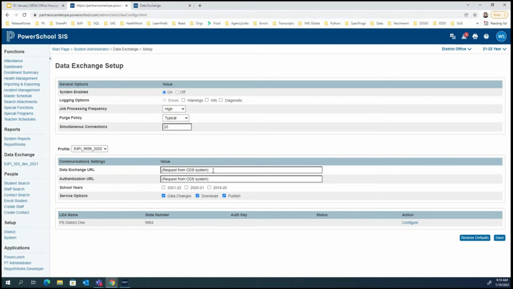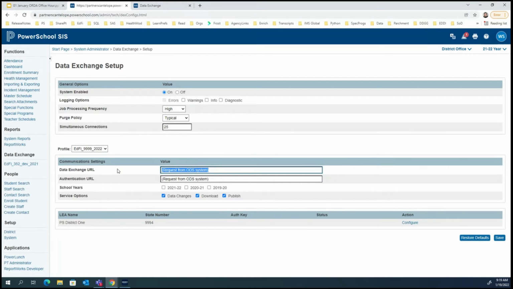This is the first place where we need to put in some of our credentials. So the data exchange URL. I'm not actually going to put in the full URL right now. When we get to actually showing how to push data, I'm going to switch over to a different profile and possibly even a different server for that.